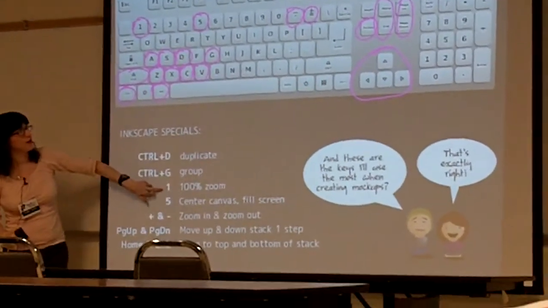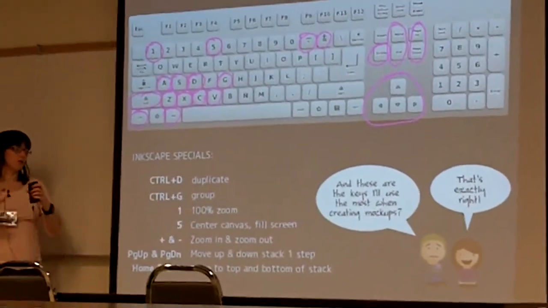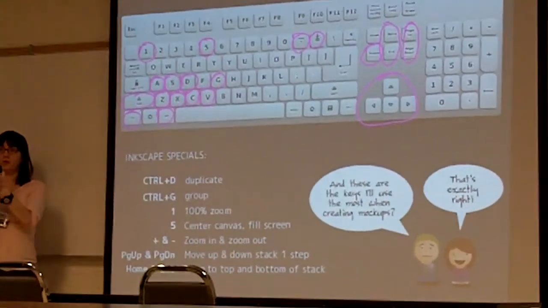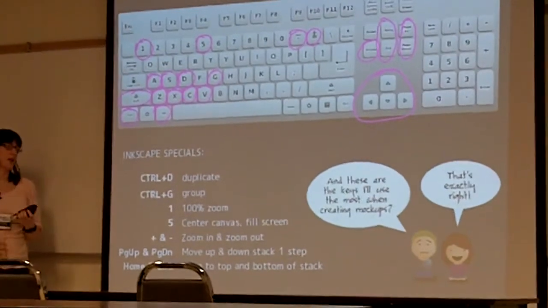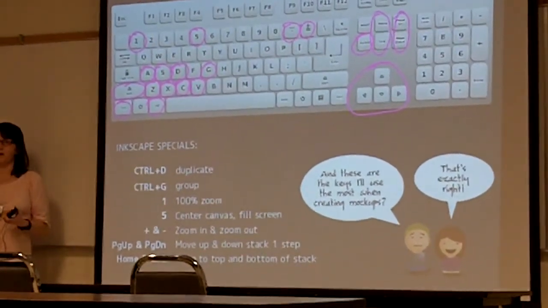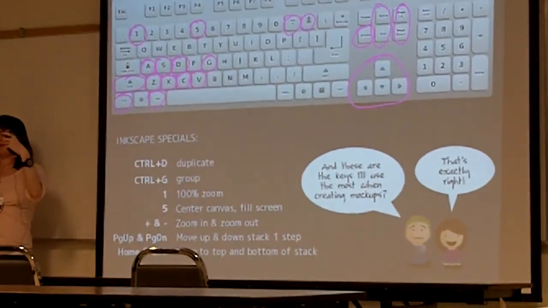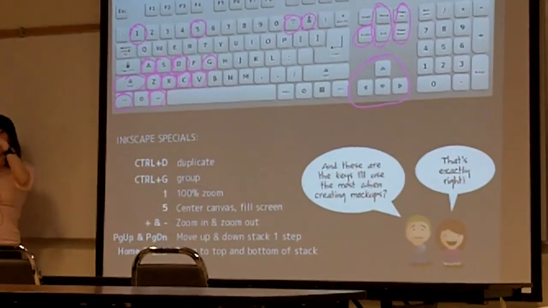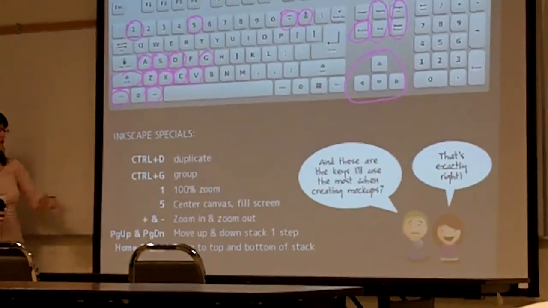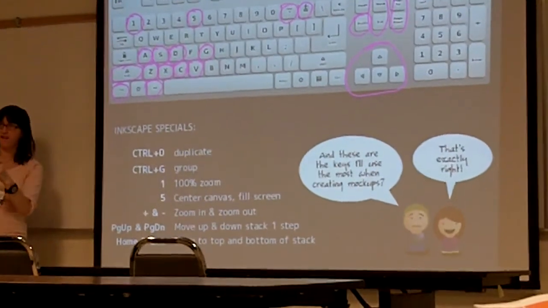The #1 key, I press this so much when I'm in Inkscape, and what it does is it will take what you've drawn on screen and put it at a 1-to-1 ratio. So where this comes in handy is, when you're designing mockups, you're designing them for on-screen display. So if you draw out a big button like this, and you hit 1 and it's this big, you don't want your mockup to just be one big button. So you just keep hitting 1, and you might be working on fine details and zoomed in like at 500%,